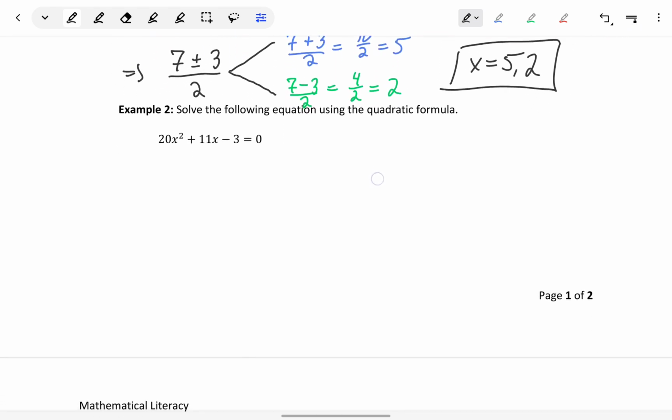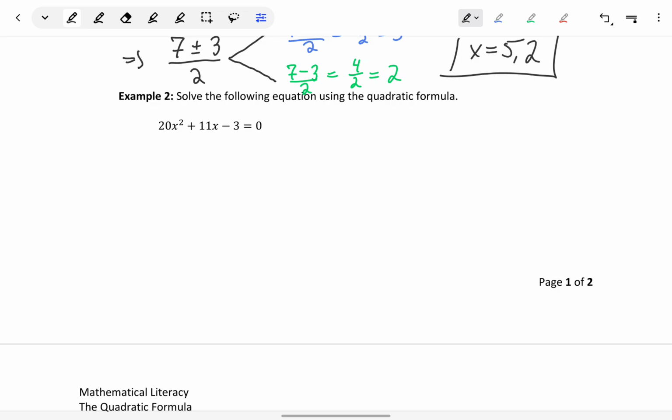We can apply the quadratic formula again in example 2, where now we have a leading coefficient that's not 1, meaning, at least in this class, we haven't covered factoring techniques that would allow us to try factoring and solving this equation. So we would need to apply the quadratic formula. And to do that, we would plug in for b, positive 11. So we'd start off with negative 11